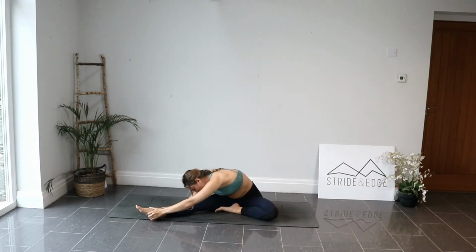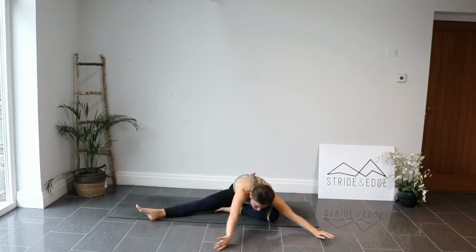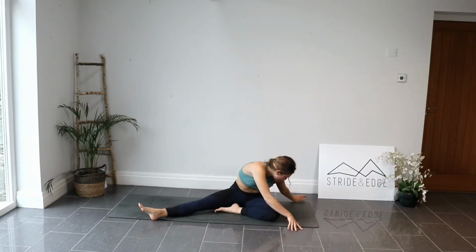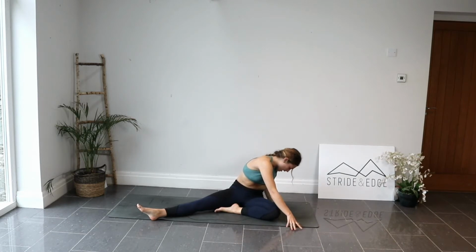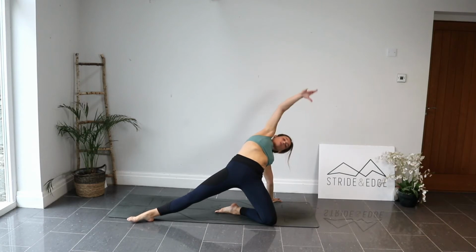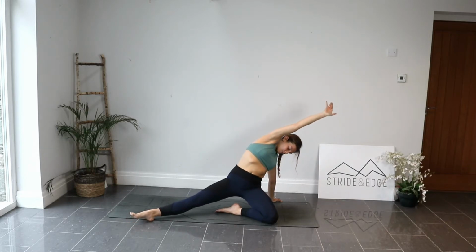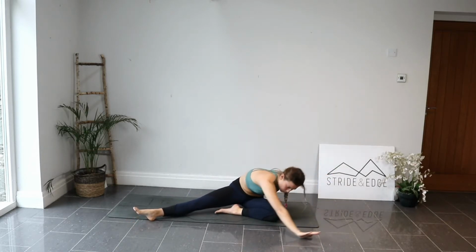From here, we're going to inhale, sweep nice and low down towards the ground, all the way across towards the left. We plant the left hand, push through the hand and the knee to lift the hips up and open the chest towards the ceiling, finding this modified wild thing. As we exhale, we lower the hips back down and we do a big sweep all the way back across